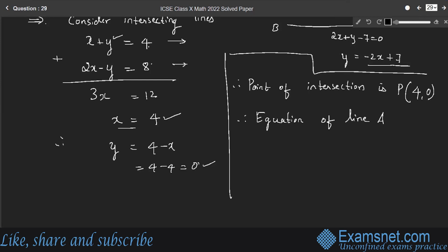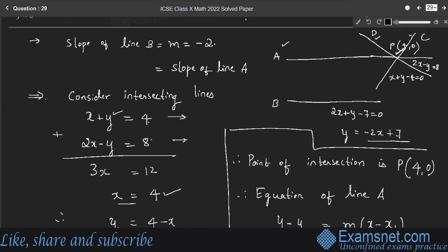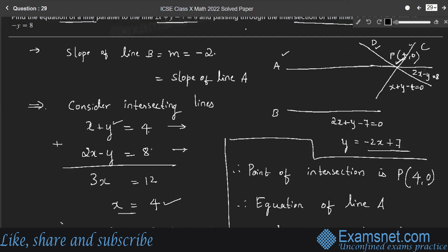So the general formula is y minus y1 is equal to m into x minus x1. Here x1, y1 are the coordinates of the point of intersection, right? Therefore,